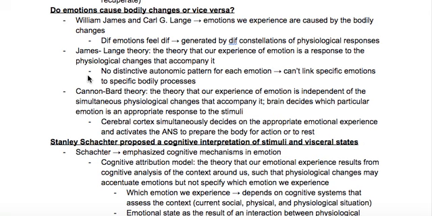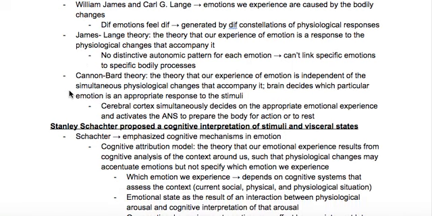to specific bodily processes. In opposition to the James-Lang theory, there's the Cannon-Bard theory, which states that our experience of emotion is independent of the simultaneous physiological changes that accompany it, and the brain decides which particular emotion is an appropriate response to the stimuli. The cerebral cortex simultaneously decides on the appropriate emotional response and activates the autonomic nervous system to prepare the body for